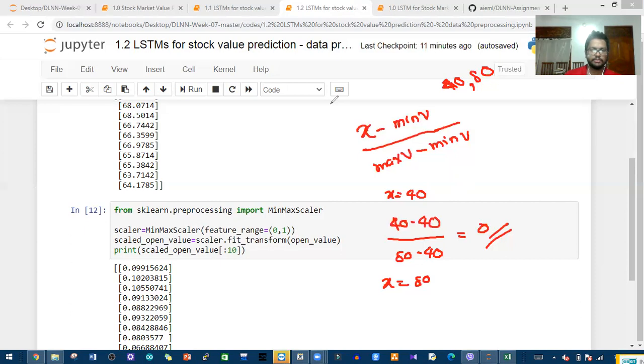I think what I wrote above was wrong. Let's say x is 80. So it should be like 1, right? X is 80. That's correct, right? Let's see. 80 minus 40 divided by 80 minus 40. So it's 1, right? Let's suppose